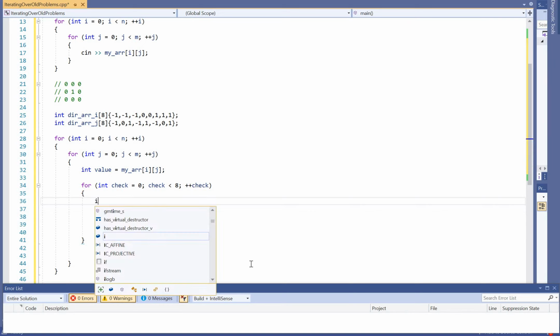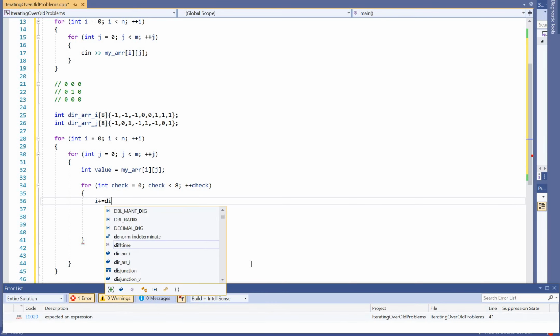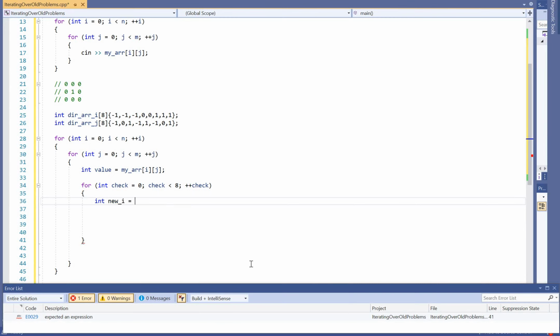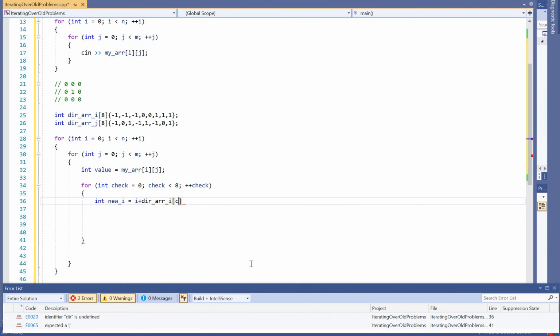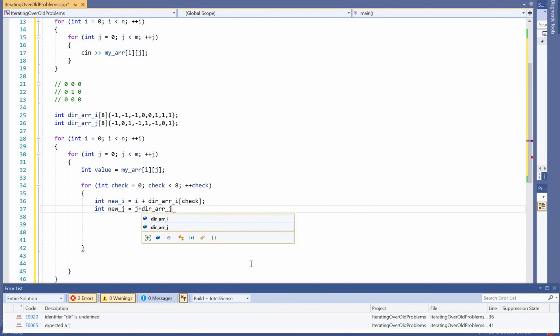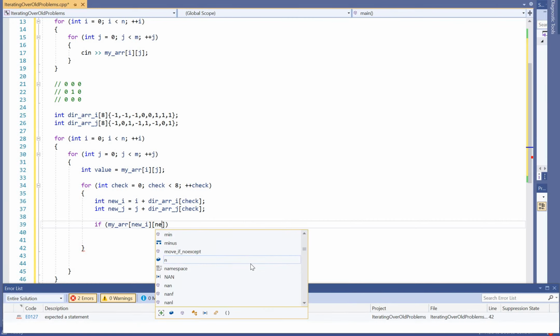Our new i is equal to, well, I'm going to make it int new i equals i plus direction array i check. int new j equals j plus direction array j check. So if my array new i new j